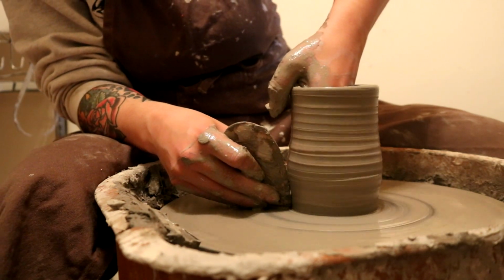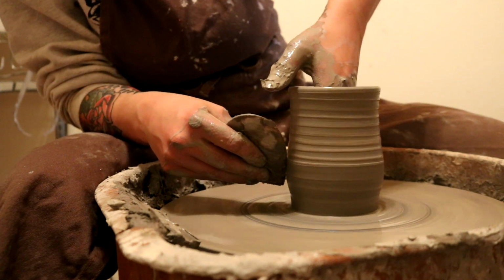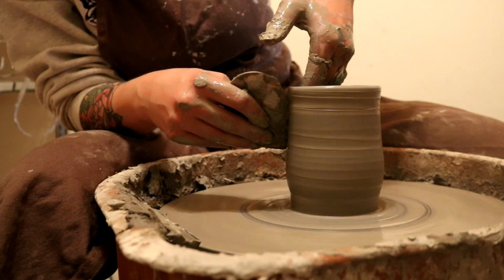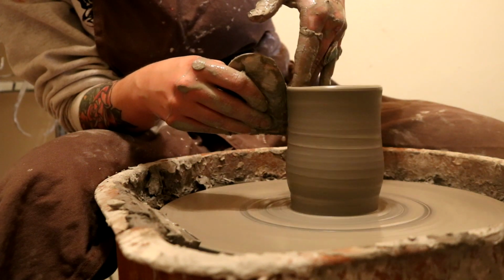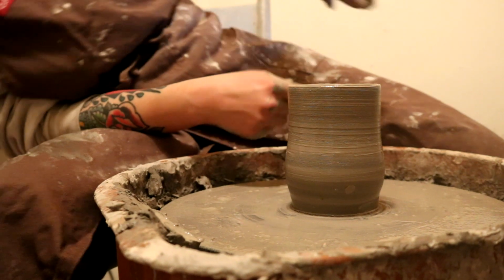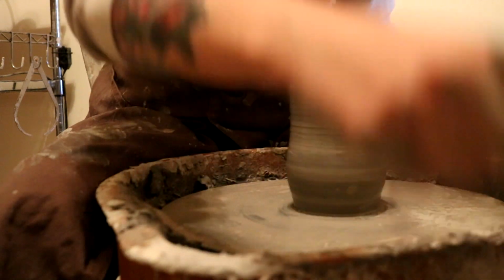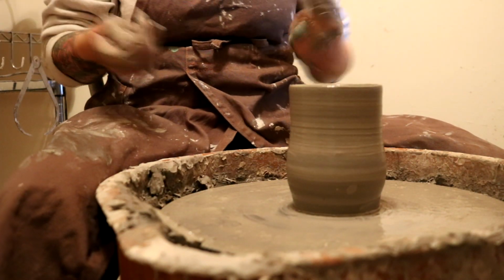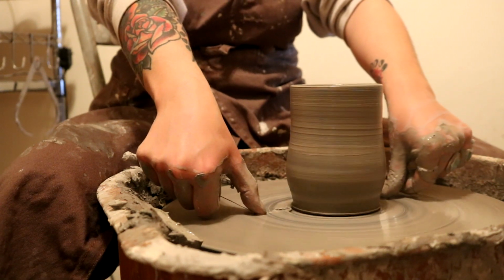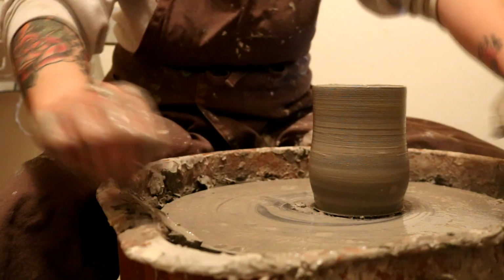Anyways, we're getting close to the end of this mug here. I'm going in with my beloved heart-shaped rib. I don't remember where I got this from, actually, but I've had it for a long time. It's really the only special tool I've ever purchased for pottery. I'm of the belief that your hands are the most important tools you'll ever have. You can do pretty much everything with them. So now we're done. Just wiring that bad boy off the wheel